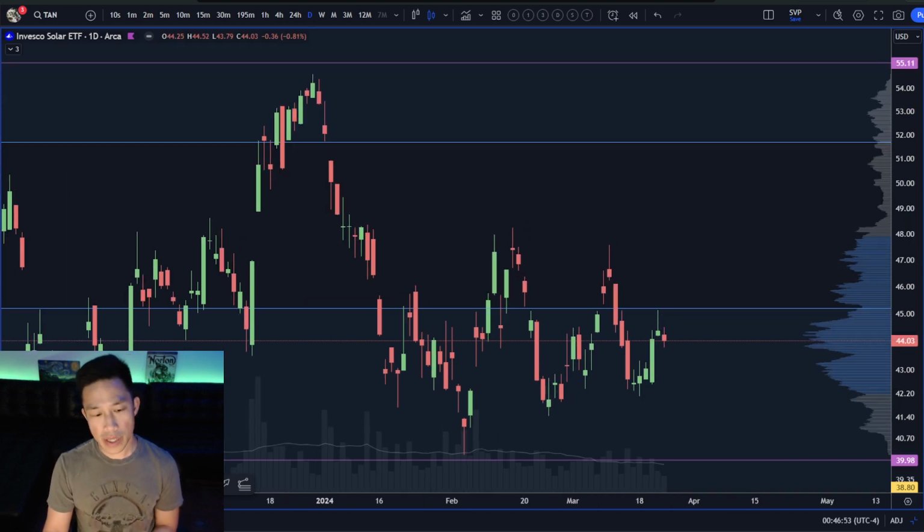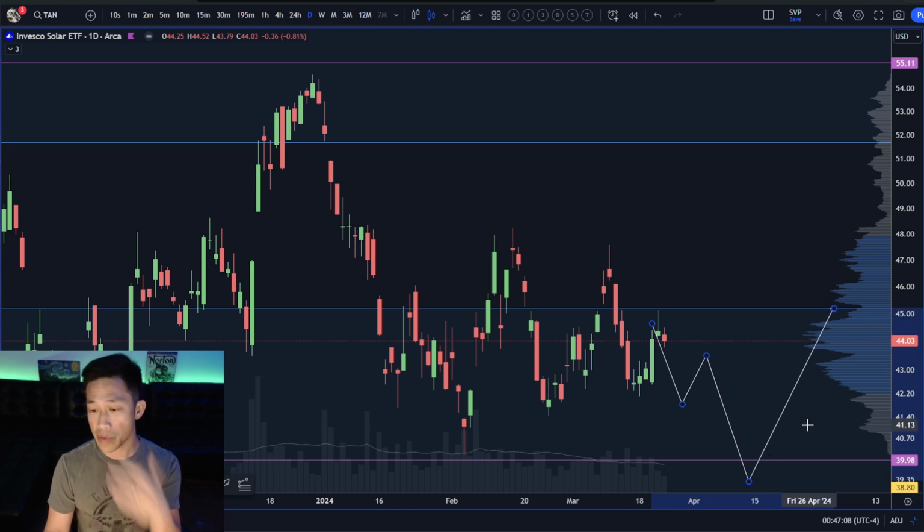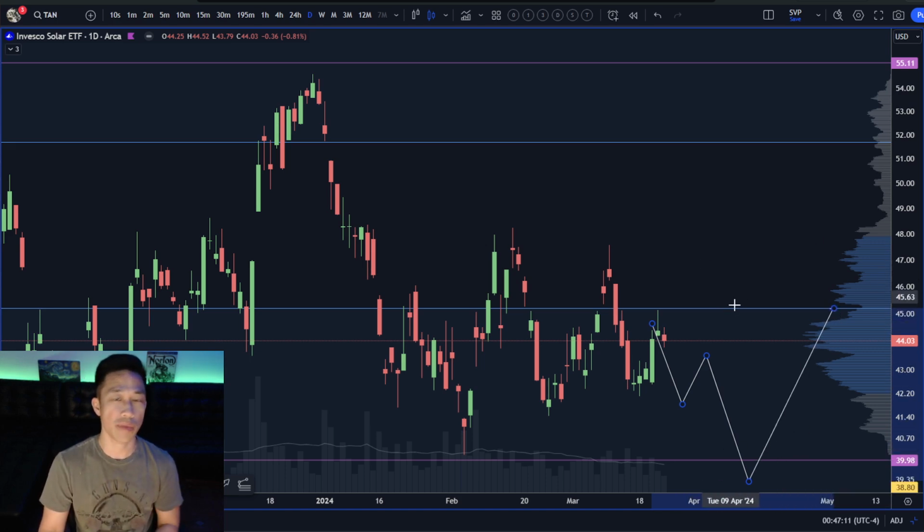So let's just say then that this occurs. It's the same exact setup, right? If you break down under here, you don't see follow through, and it comes back over, you can buy that break here, look for it to chop it up at the prior low here, and look to chop it up again here at the value area high. Leave your stop on there. If you get both of those exits, you're guaranteed a profitable trade, then just throw your stop under there and see if the